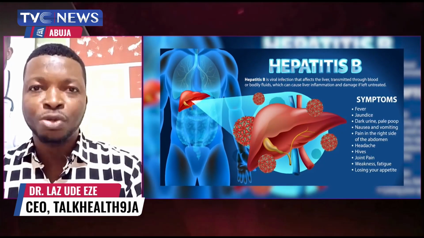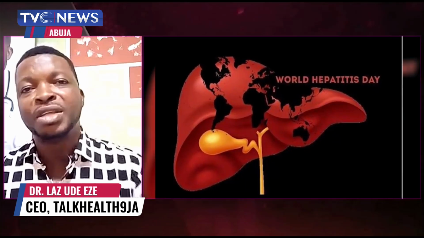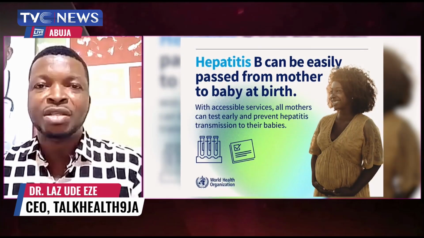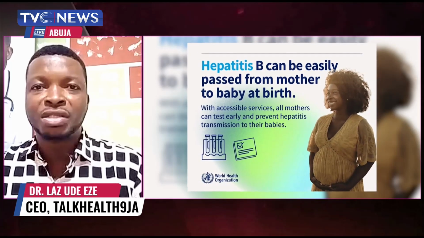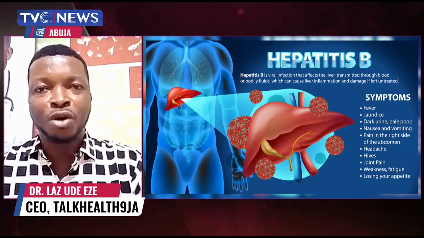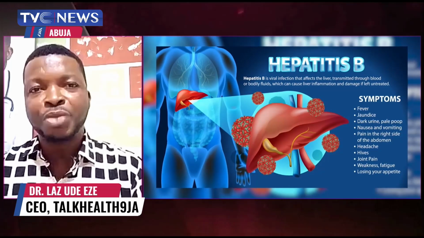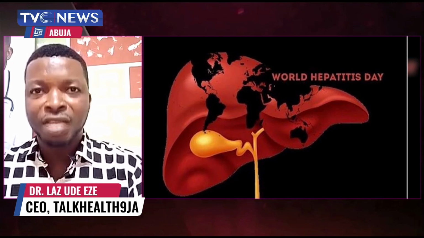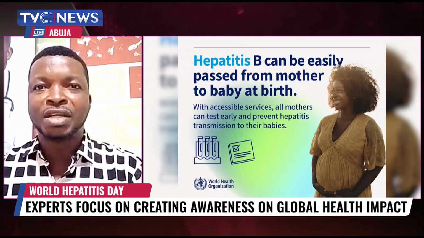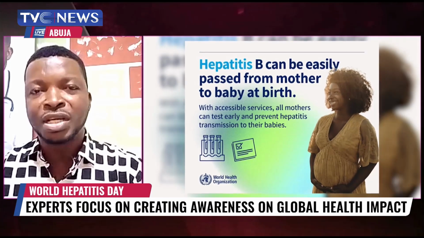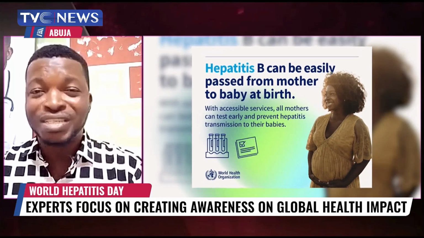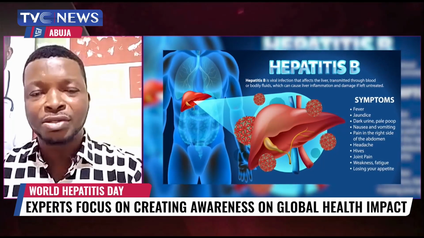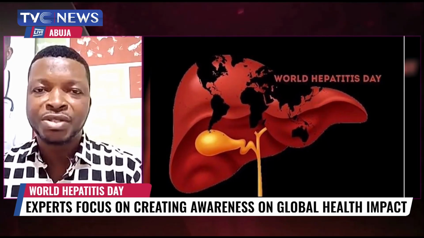But it's important to mention that for some persons, even without treatment, the body's immune system could get rid of this. But you cannot determine whose immune system is going to get rid of it or who will require treatment. So for anybody that is positive, a number of investigations are taken and interpreted, and on a case-by-case basis, a decision will be made. What's important for the public to know is prevention is best, but if for any reason you screen positive, please see a doctor who is going to guide you on the next steps.